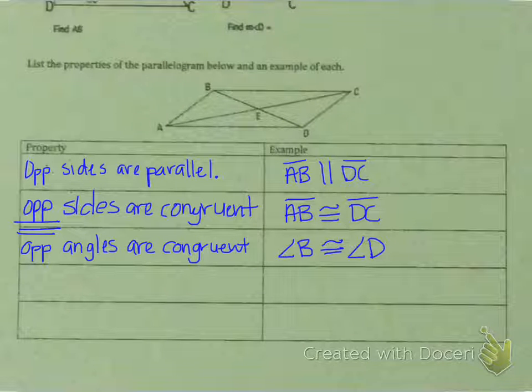Okay, next, consecutive angles. A lot of you messed this one up on the test because you put some other word other than consecutive. Like a lot of you put corresponding, which is not correct. All right, so consecutive angles